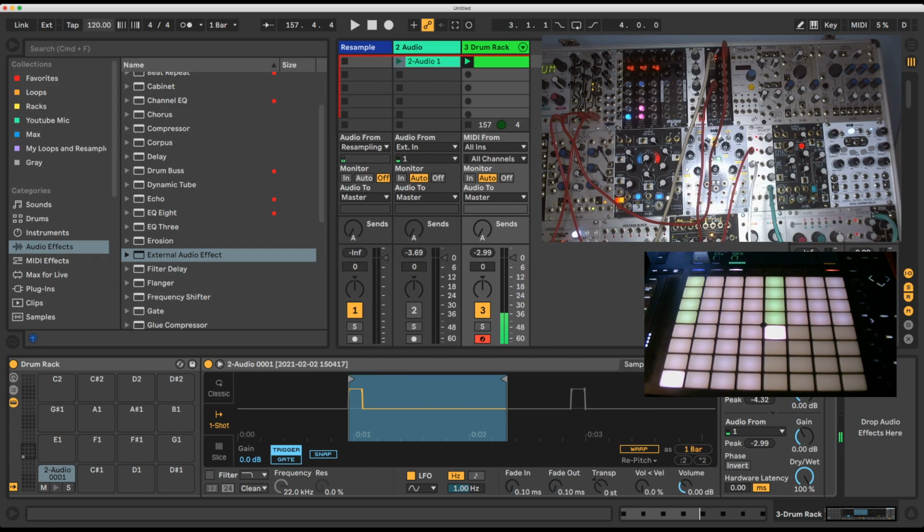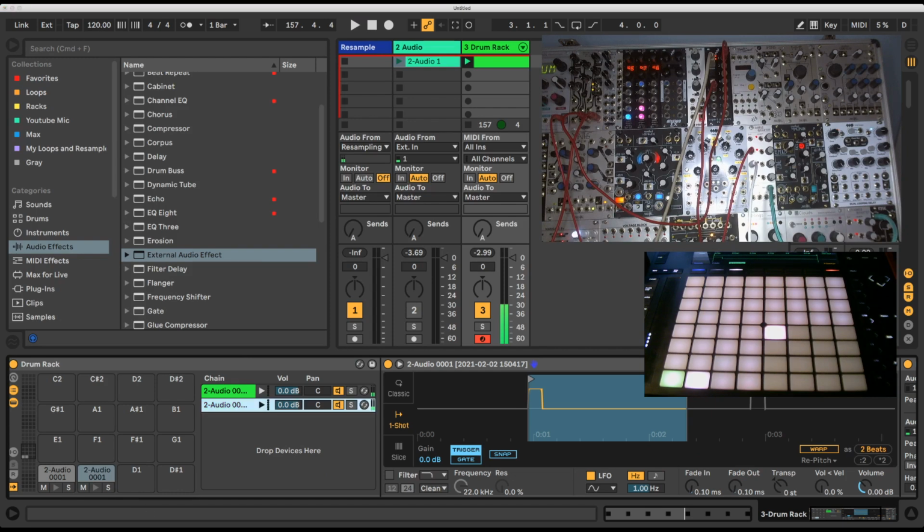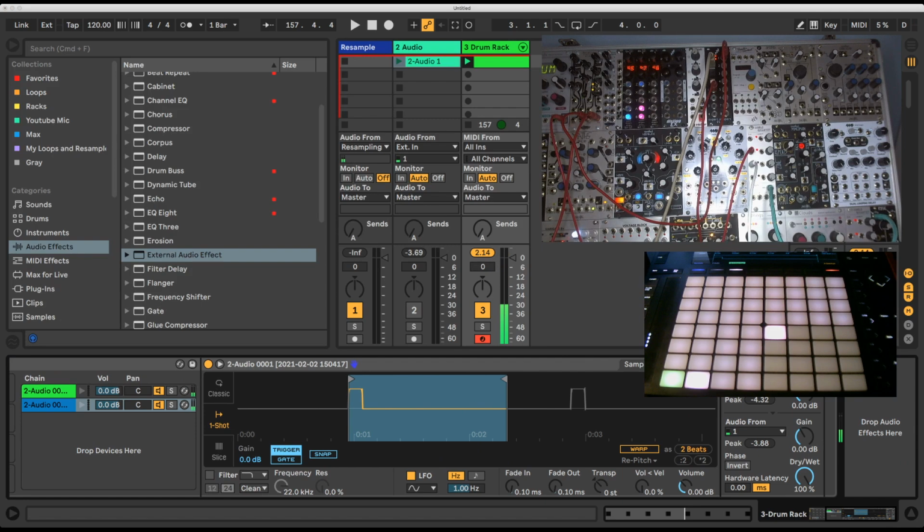So, let's copy that to another cell. Let's go into our drum rack. Let's give that cell a different colour, shall we? Blue. Okay, so that now should be blue on the push. Lovely. So let's go to a different output and a different input and wire that up to another module, perhaps